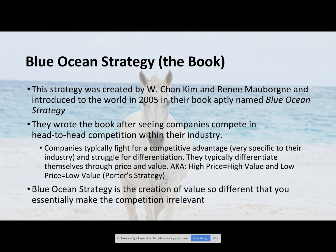And then the second traditional strategy is a low price with a high volume, but a low value in the end. That's a traditional way to depict what type of strategy you're taking. And the reason why you want to know your strategy, even in the Blue Ocean part of it, is because it defines a lot of additional items that you're going to be looking at, mainly startup costs of a new program or service or product that you're going to be doing. That is one reason why you really need to know which path or which strategy you're going to start traveling on. And then also you're going to add in,